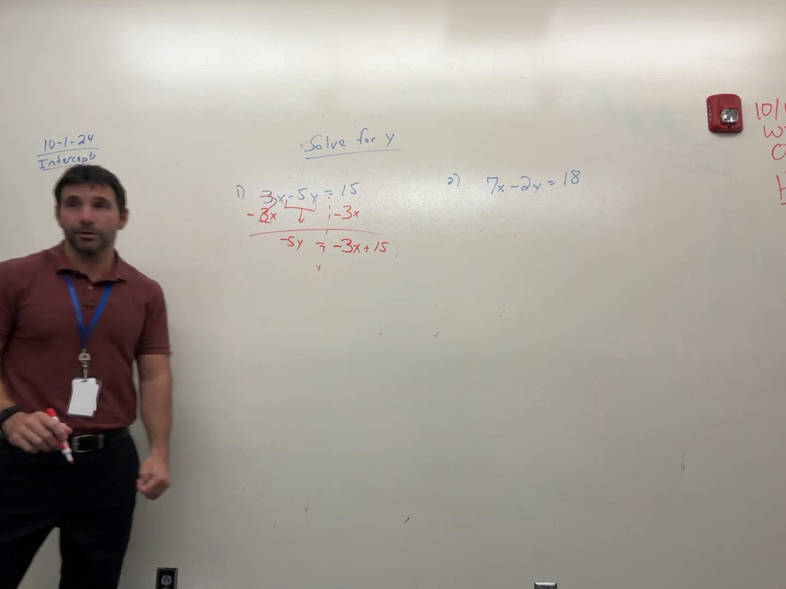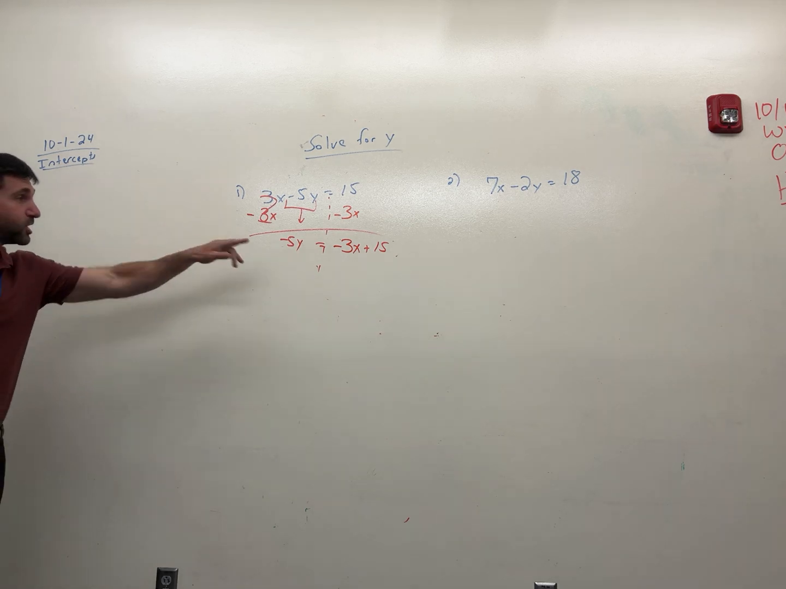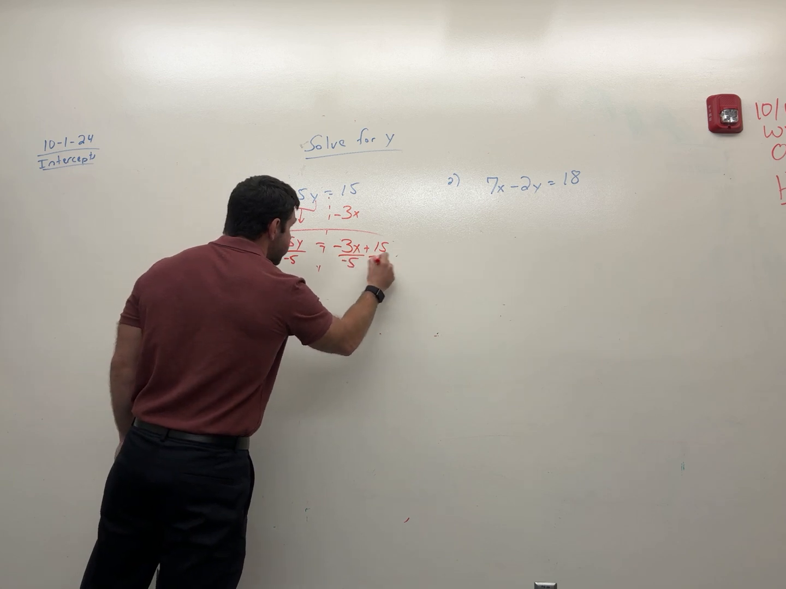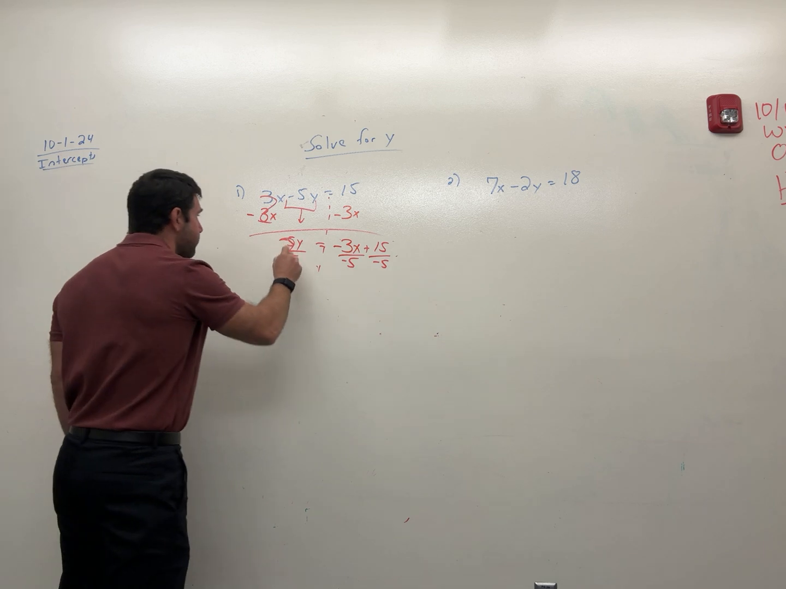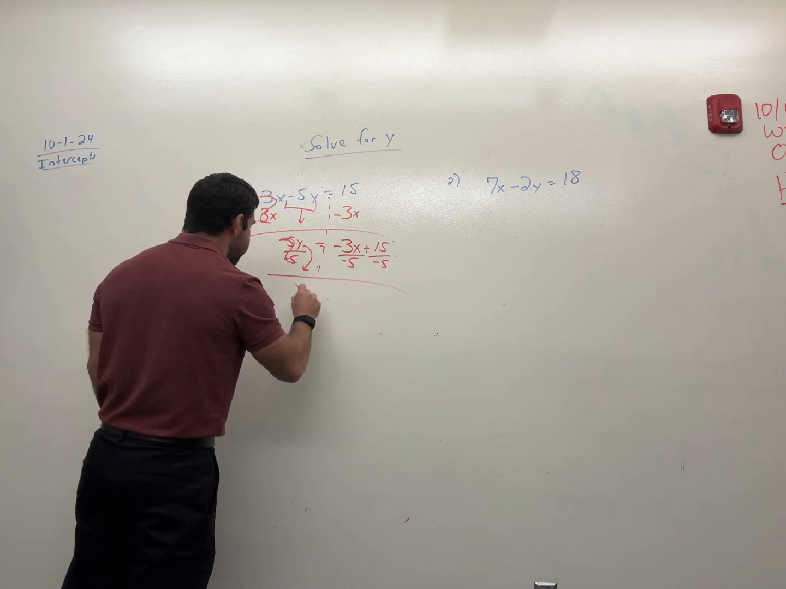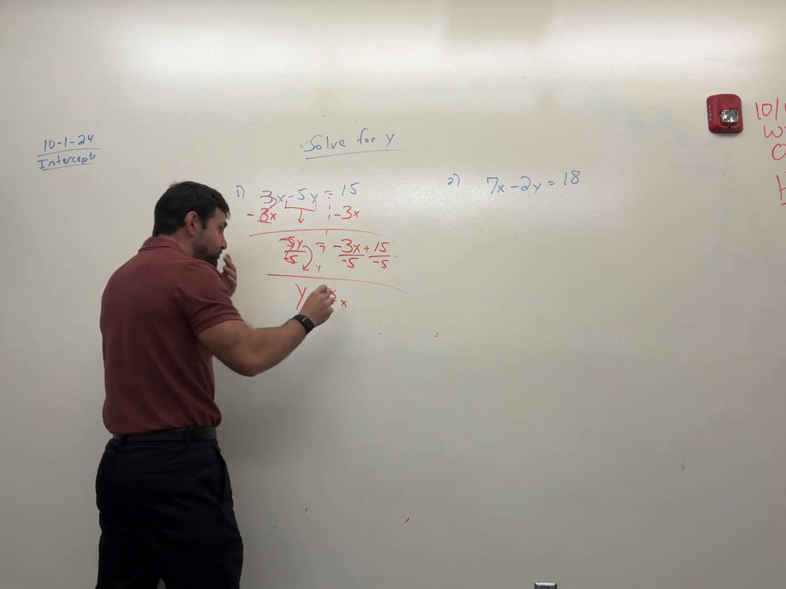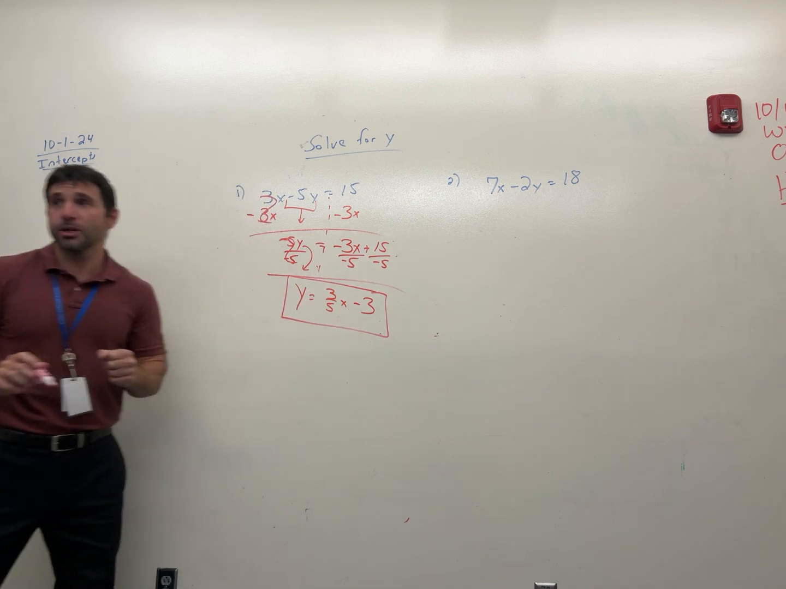And you might be saying, Mr. H, you're going fast. Yeah, you have learned this for many years. You learned it in 8th grade and you learned it in algebra. From here, we need to get y by itself. We divide each individual thing by that negative 5. That leaves me with y equals a negative divided by a negative is positive 3/5 x minus 3. This is slope-intercept form,